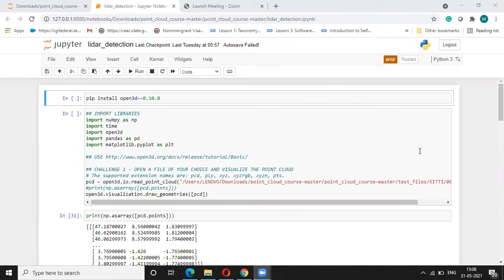So let's get started. First of all, let's try to understand what's meant by LiDAR and how exactly the sensor works. LiDAR is nothing but light detection and ranging. In this sensor, we will have an array of lasers stacked in vertical direction, and they have a capacity to sweep in horizontal direction. There are two hardware options available for LiDAR sensor.